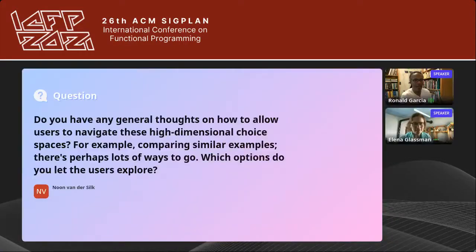Our first one is by Noon Vandersilk, which is to ask, do you have any general thoughts on how to allow users to navigate these high-dimensional choice spaces? Right. Comparing similar examples. So I think the answer that I can give you so far, and it's definitely an answer that is in progress, is